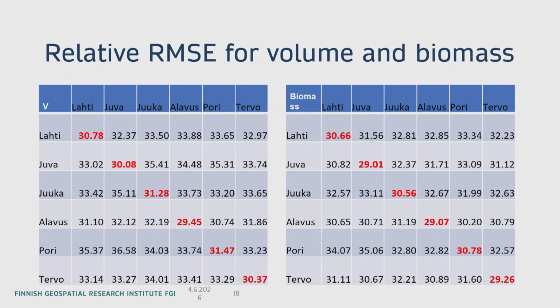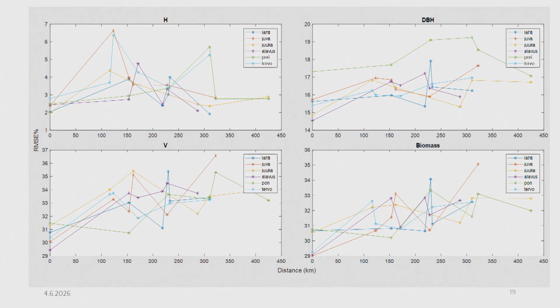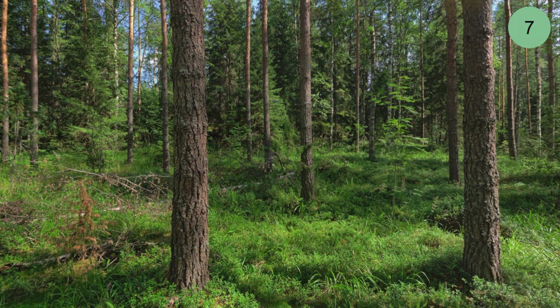And this individual tree technique is actually quite robust. We have studied that if you train data in one area, then you go 400 kilometers away. The x-axis is the distance between training and testing. You find out that the volume accuracy error goes from 30 to 34, but it's not a big increase. So individual tree techniques, at least in Finland, seem to be robust. Of course, transfer is not that easy when you go to Lapland, which is slightly different territory.